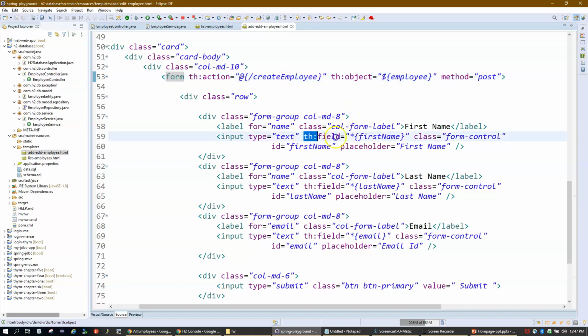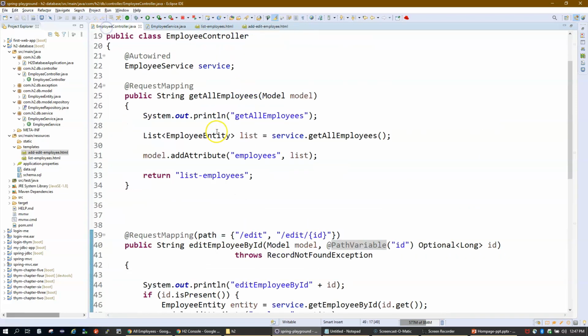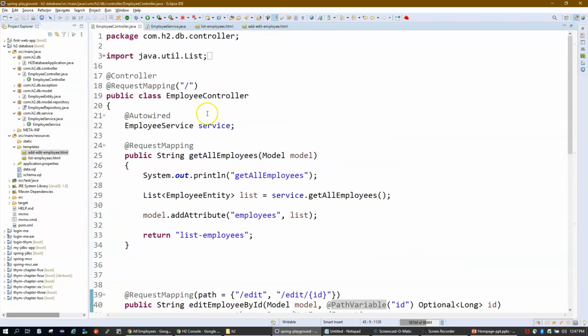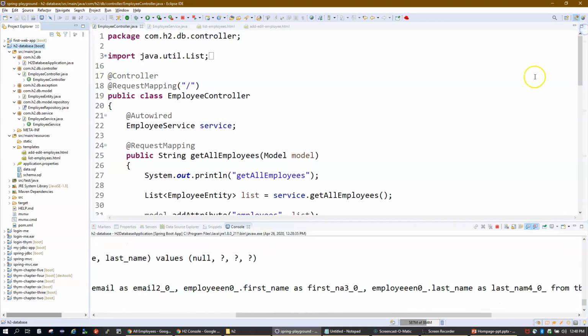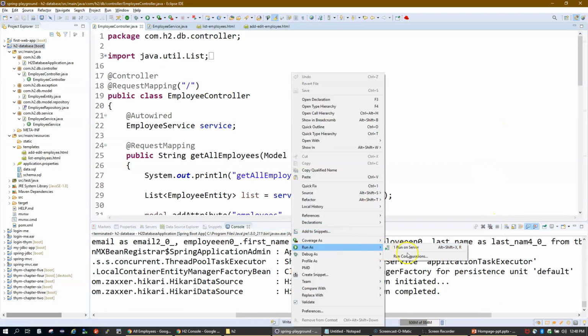Just let me tell you one more thing. th:field is like your input text box that you use in HTML to accept data from the user. So guys, I'm repeating again, please do not worry about the Thymeleaf attributes. Let me just execute this application one more time, because we'll talk about each and everything about Thymeleaf in the coming videos.